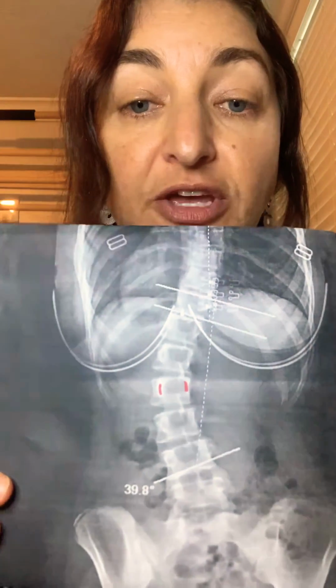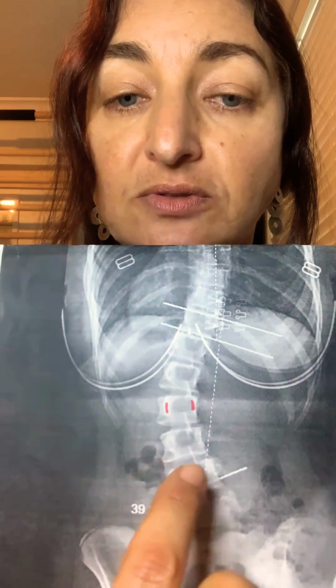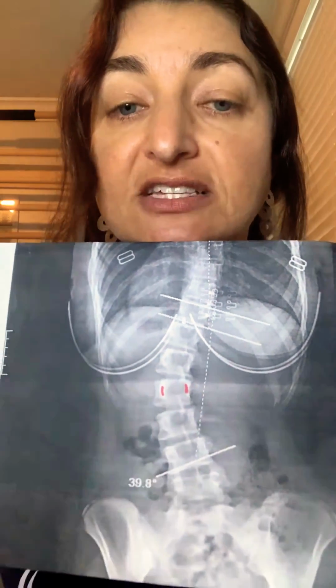Now looking at an x-ray of an individual with scoliosis, we see, looking from the back, the individual pedicles. This one I've highlighted in red. So this is looking at somebody from the back. This is the back of a vertebrae, and this is the front of the vertebrae. Now this individual has a scoliosis curve. The convex side of the curve is going to the left, and the concave side right here is on the right. So even along with this curve that's going to the left, each individual vertebrae is actually rotated back on